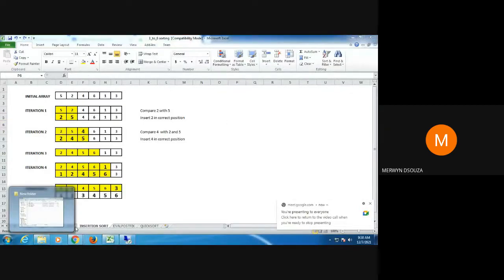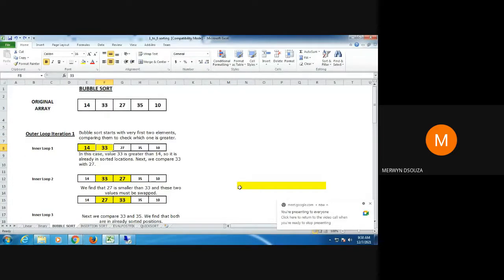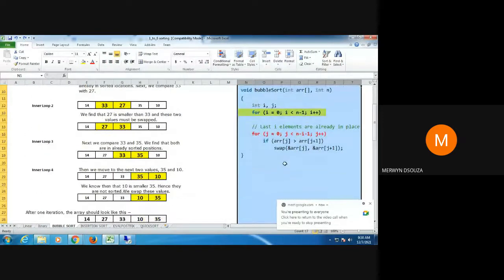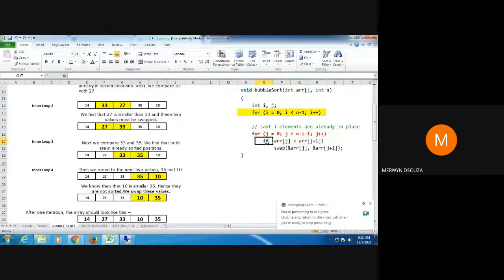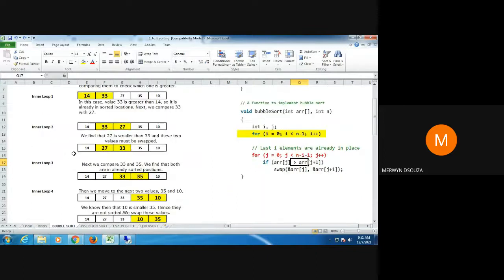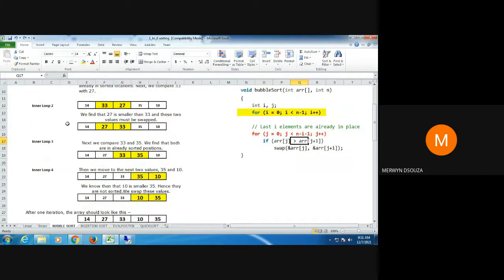In this if condition, here we are having if the first value is greater than the second value. If I just change this condition here, from greater than sign to less than sign, I will get the output in descending order. Now when you are doing this, you will have to change this. This will obviously be different.